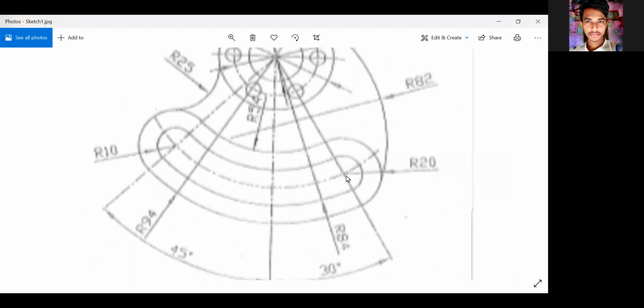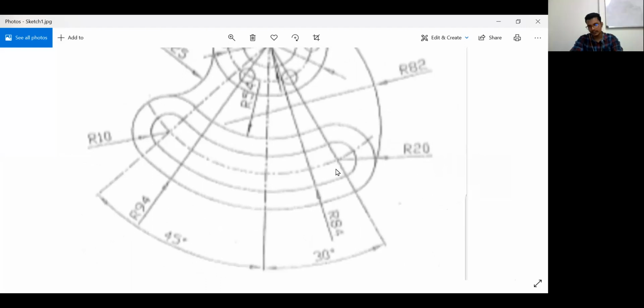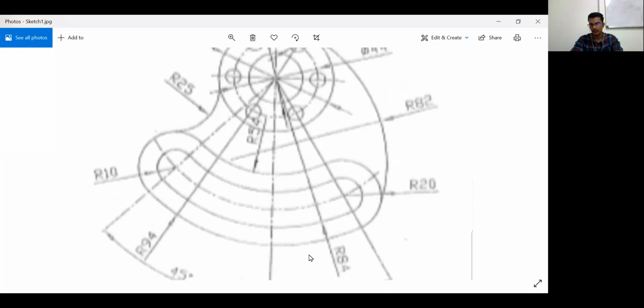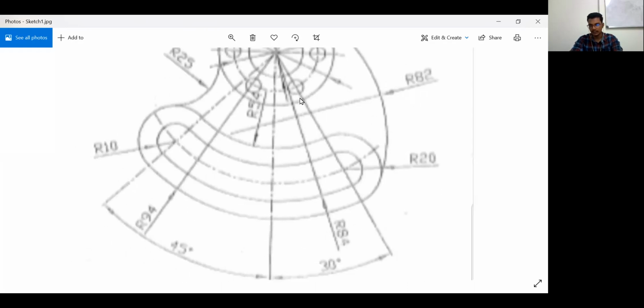Now, for this, he has given two angles for where it has to start and where it has to end. That is nothing but 45 and 30 degrees, right? After that, he has taken two cylindrical elongated holes. So first of all, I have to create this 45 degree and 30 degrees, right? And he has not assigned me that length.